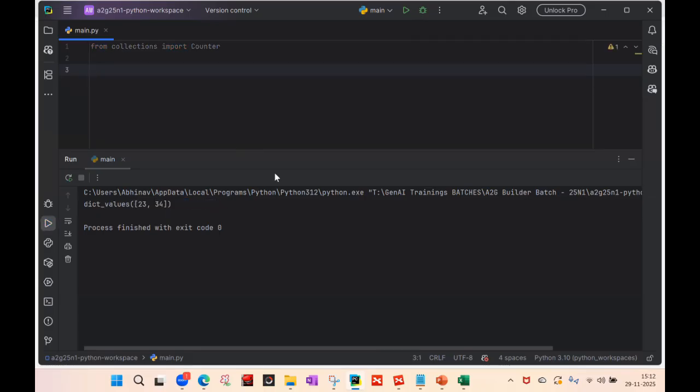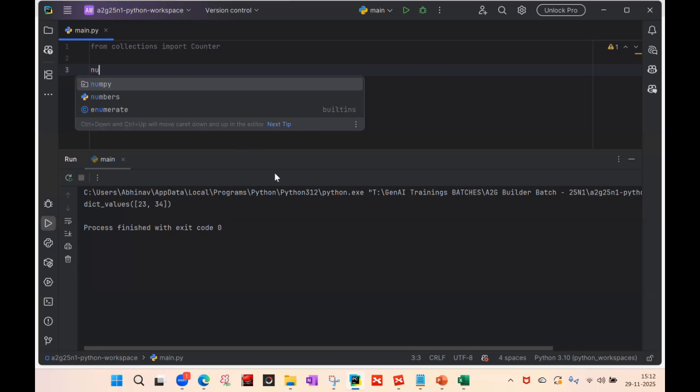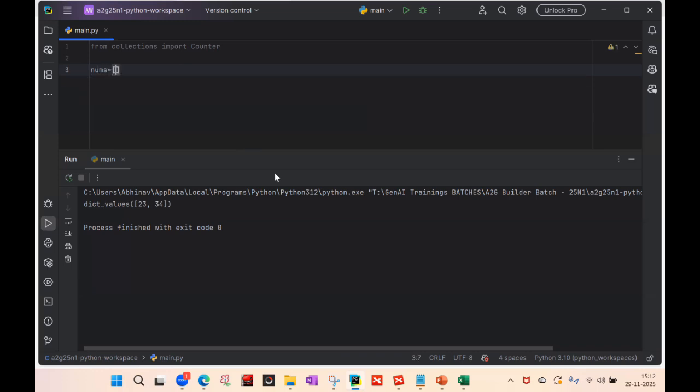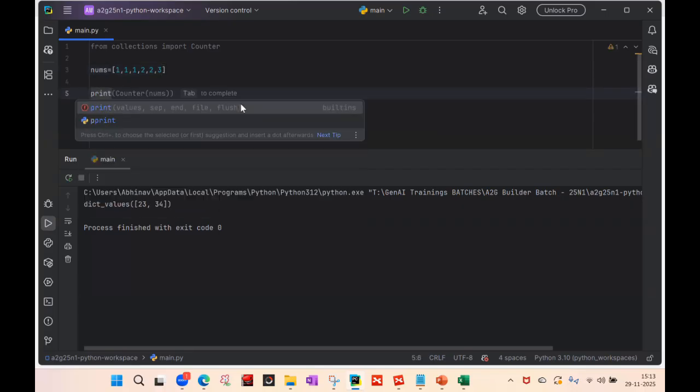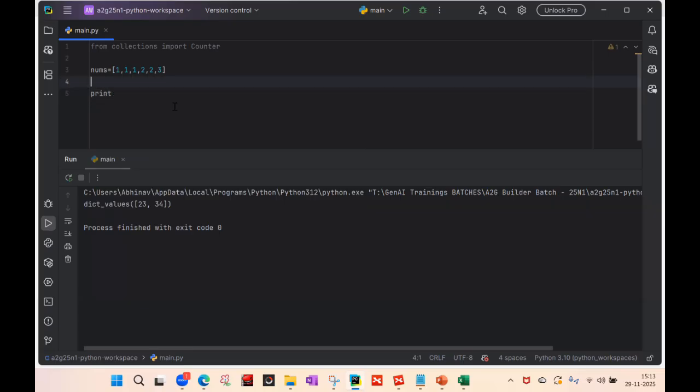Something more which this Counter provides. Let's say we have a list of numbers: 1, 1, 1, 2, 2, 3. There is a method here. Before that, I'll create C equal to Counter of this particular list, and then in the print statement I'm using C.most_common. If I provide 1, it will provide the most common top one element appearing. So if I run this,